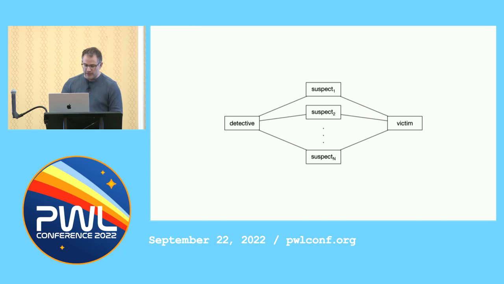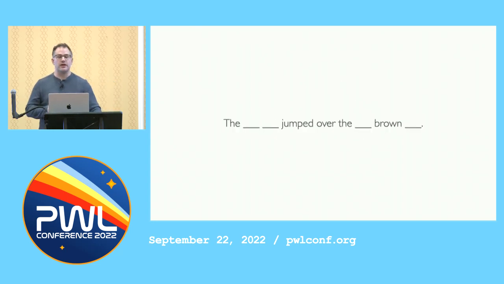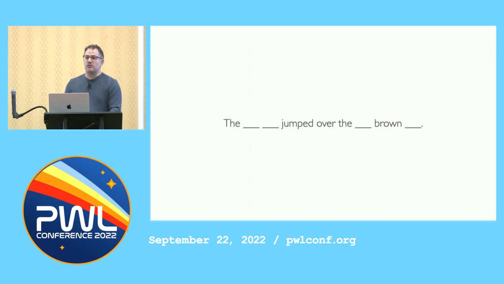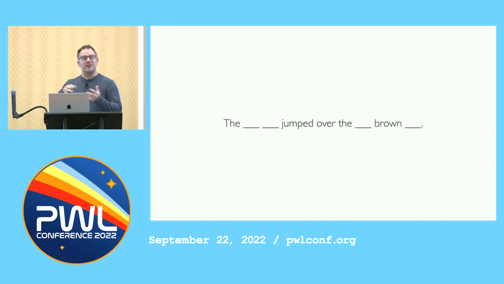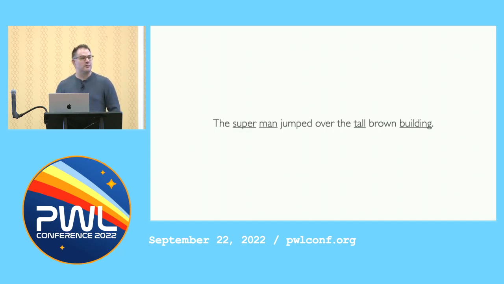And I think a useful way to think about this is a much simpler structure, which is a sentence. Let's say that we have a few gaps in the sentence we want to fill in. There's clearly a relationship between all these different words. Whatever's on the left needs to be able to jump over the brown thing on the right. And so the first choice we make here is going to be the most open-ended, and everything else is going to be incrementally narrower. And depending on what we choose, we might shrink our options down to a singleton set. So where we make our first decision when creating a design matters a lot, right?